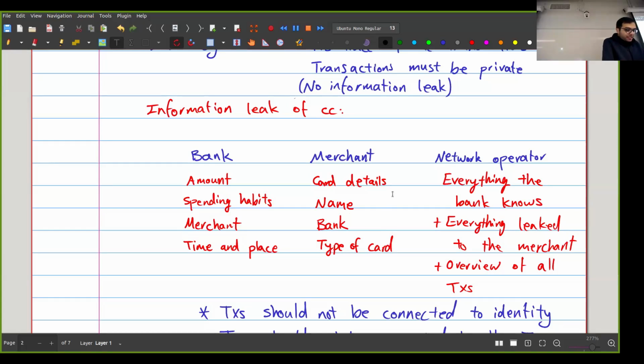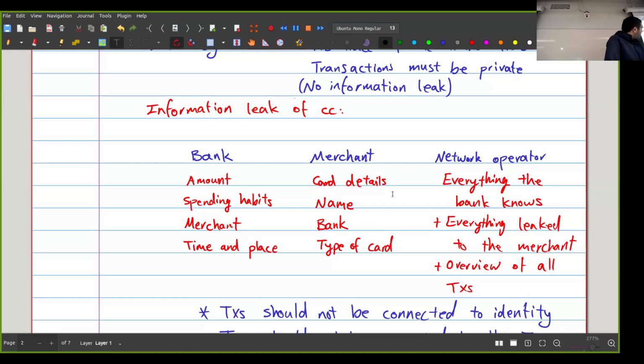Now, this is again bad because the merchant can track you. So even if they don't know your name, if they just know your card details, they can have a database of all the transactions that have been made with this particular card. And then, again, they can use it for advertising, they can sell the data to others, they can give it to the governments, they can get hacked. So, one of the really creepy things is whenever I go on Amazon, Amazon knows exactly what I want. And so this is the kind of thing that is happening. I don't like this.